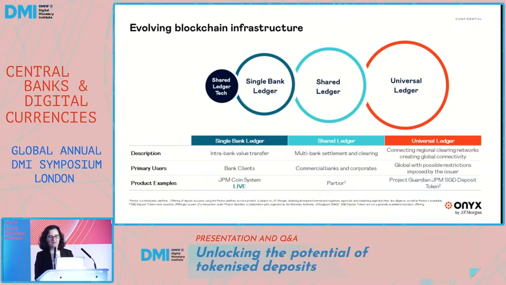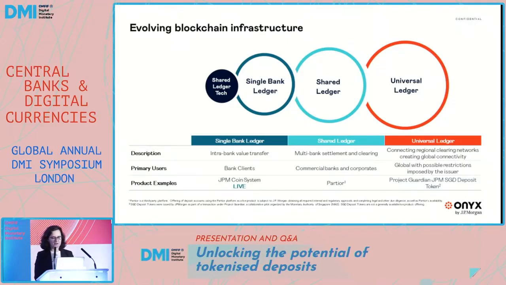Partior is an independent clearing and settlement platform funded by JP Morgan, DBS Bank, Temasek, and recently joined by Standard Chartered. It is essentially a peer-to-peer network which can support payment versus payment, delivery versus payment use cases, and also has potential to integrate with CBDCs and traditional payment rails, real-time payment rails.